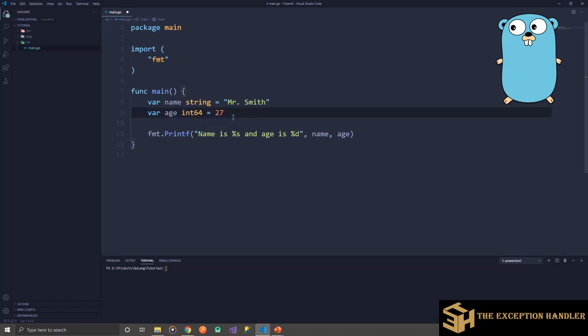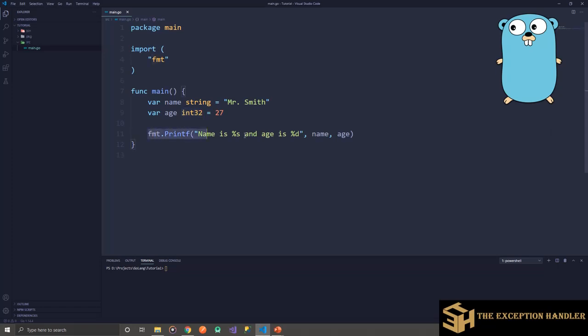Both of these have significant memory allocation as indicated by the variable type name also. The 64 will have 64 bits of space, and 32 will have 32 bits of space. Now while declaring a variable, you should be well aware of how much memory you need for a variable. Here I have declared this variable with type int32.